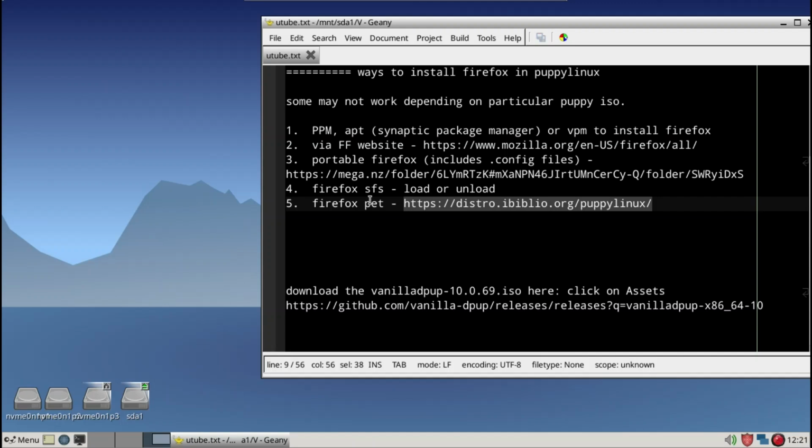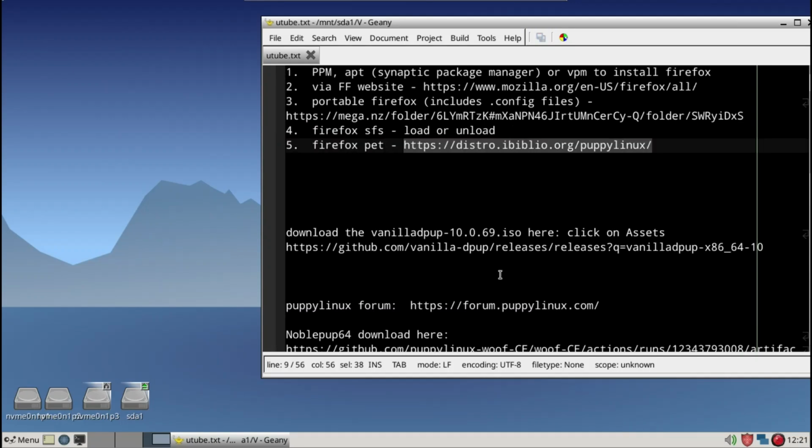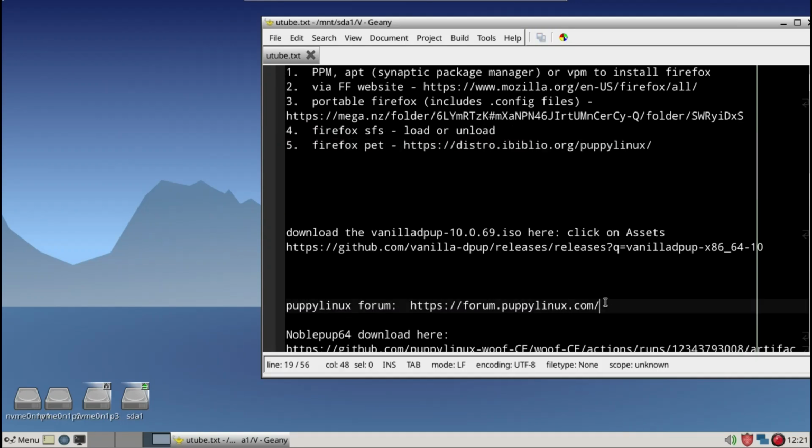So I think it's okay. I think I covered it pretty much all now. So you can always get more information from the PuppyLinux forum. Again,